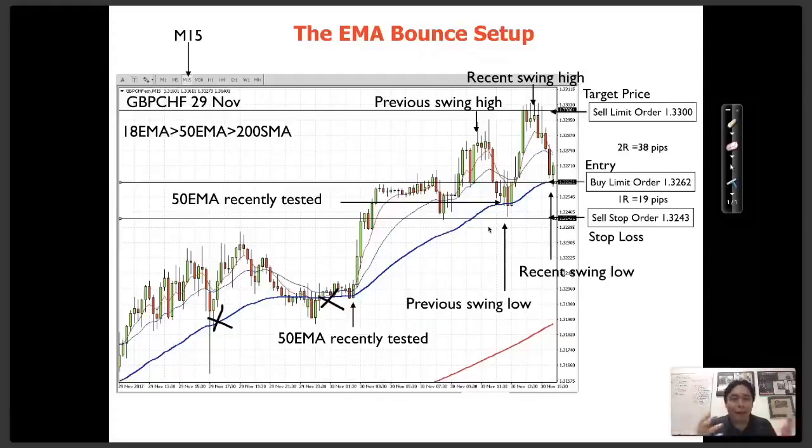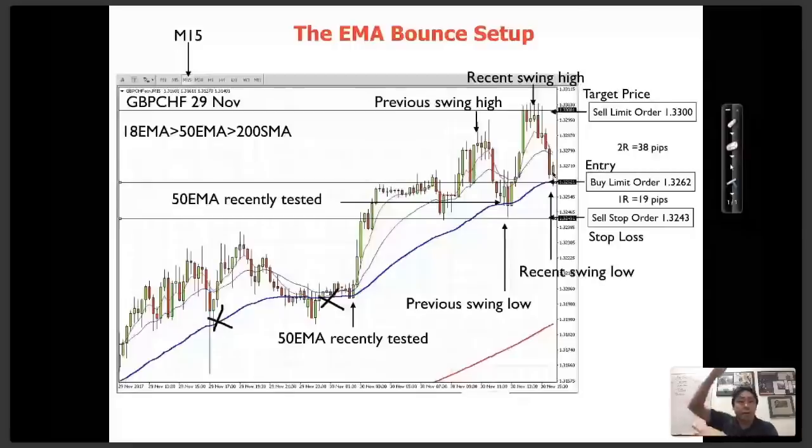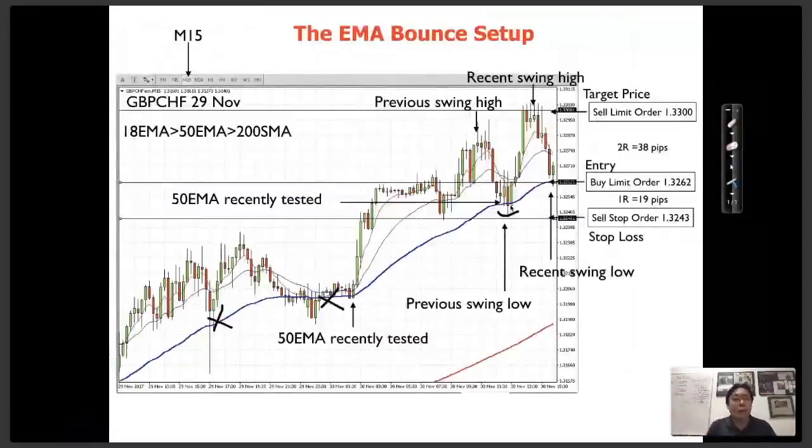So by the time I looked at the markets, it was somewhere here, and it was coming down. As it was coming down, I noticed that it's coming towards the 50 moving average, and I anticipate it's going to bounce off the 50 moving average. And again, how do I know? Because I've seen that it was tested here. As long as it's tested once, it's good enough for me. But notice in this case, it was tested once, twice, 3 times. So that's a really strong test. So I'm really confident that when it comes down, it's going to bounce.